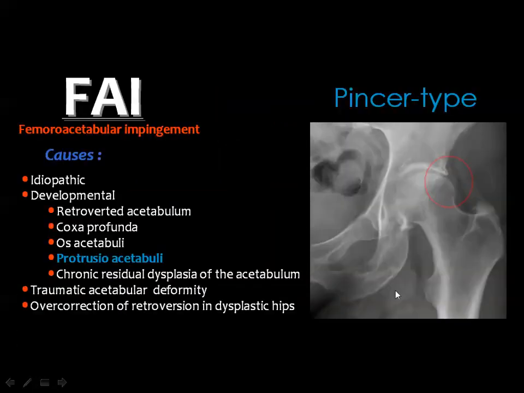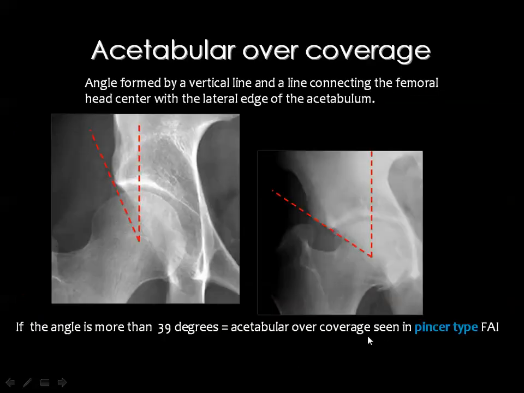Then here you can see that the acetabulum is covering much of the femoral head, and the causes are also idiopathic, developmental, and protrusio acetabuli is one of the conditions, traumatic, or over correction of retroversion in cases of hip dysplasia. And in order to assess the acetabular coverage of the femoral head, you consider the femoral